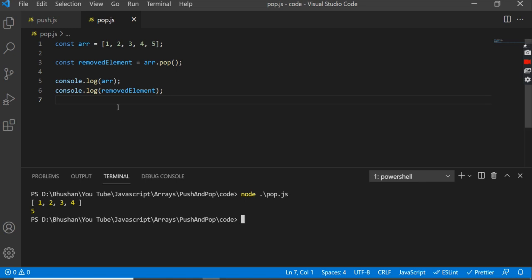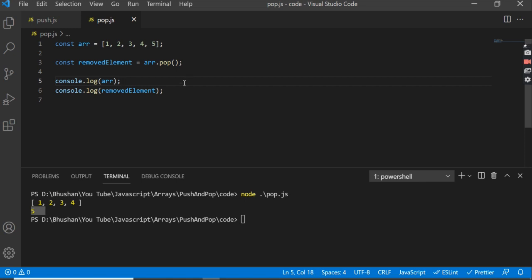As I told you, it will not create new array, it will mutate the existing array. So the 5 gets removed from this array, the last element. And we get removed element. See this 5, as we removed 5 from this array. Sometimes we want the removed element for some checking and all that, so that we can use this return value. And we can also loop through this array to remove all elements from this array. I know you can do this.